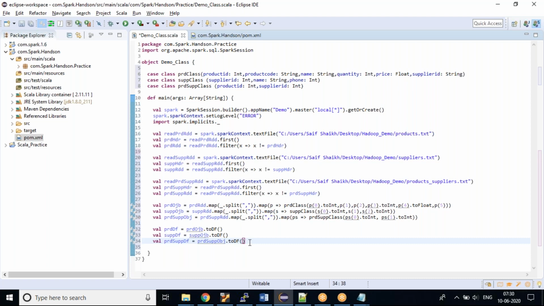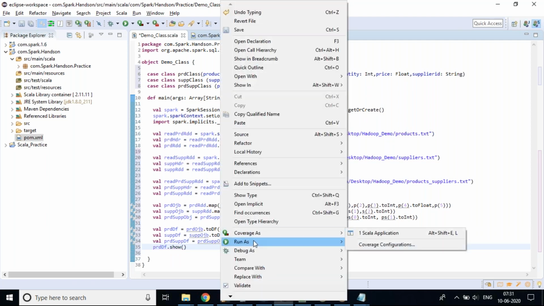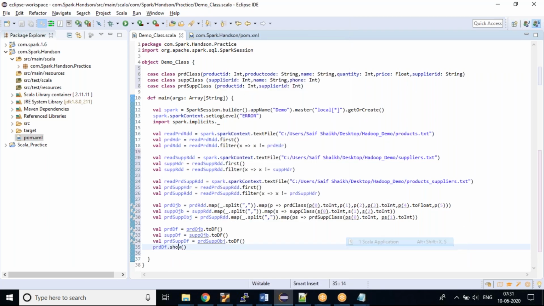Let me show you how these data frames look. I'll just use the show method. Okay, spelling error. Let me modify that and execute this. I'm just showing you one data frame and how it looks. It will be in a proper tabular format. On top of that, I will create a temp table so that I can write SQL queries.